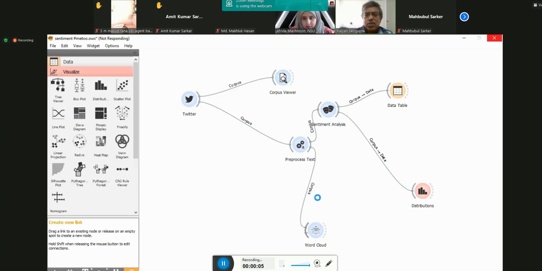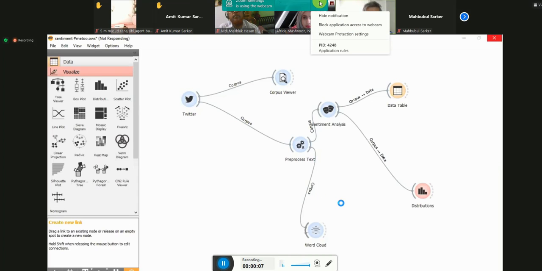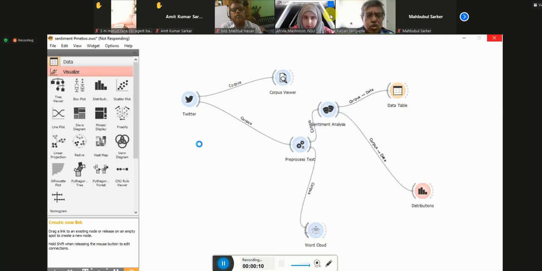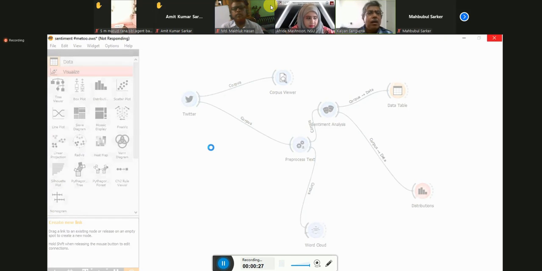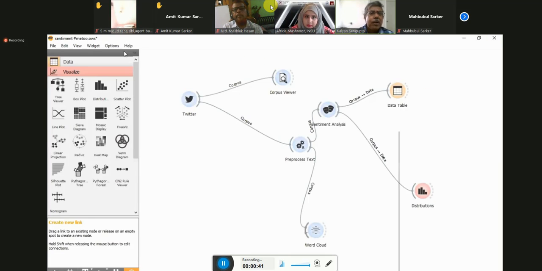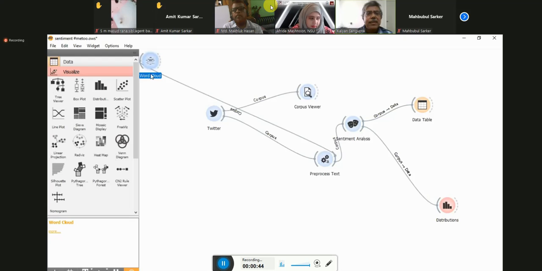Tweet application. So the tweet application is there, and as you can see, I have used the Twitter node in my application. In the Twitter node, what we can do... it's a very heavy program. Although you can see that it is very simple, it is not as simple as it looks.